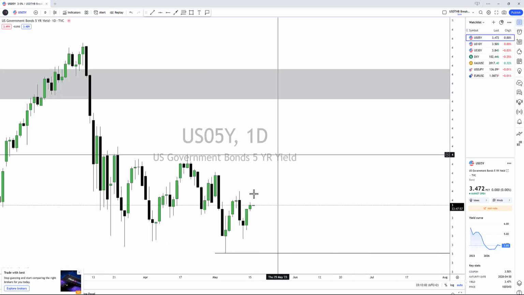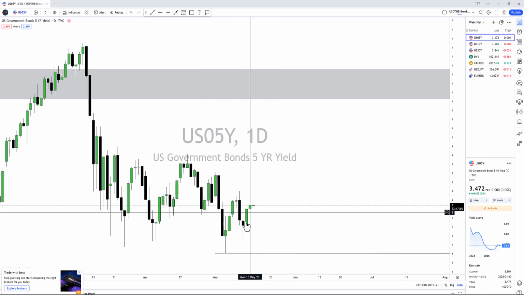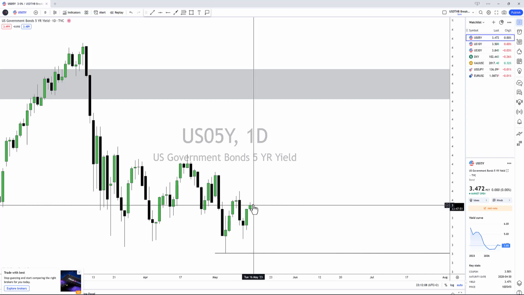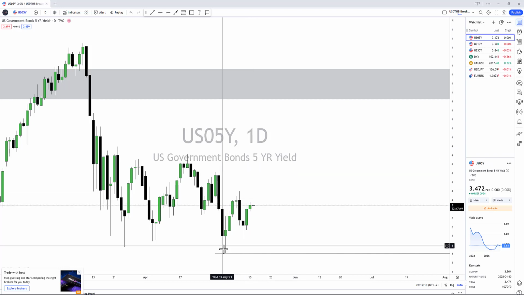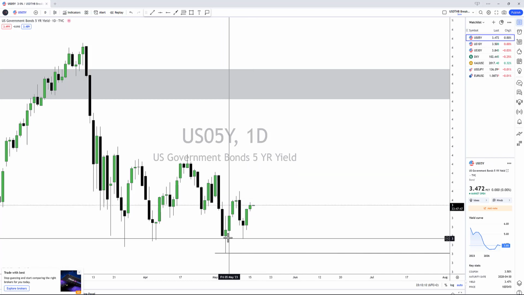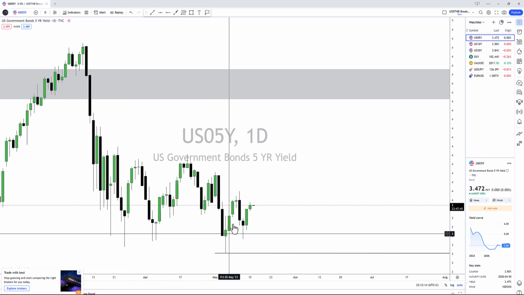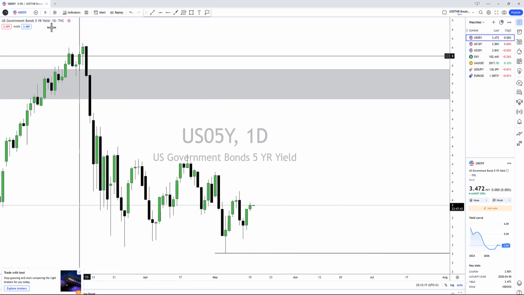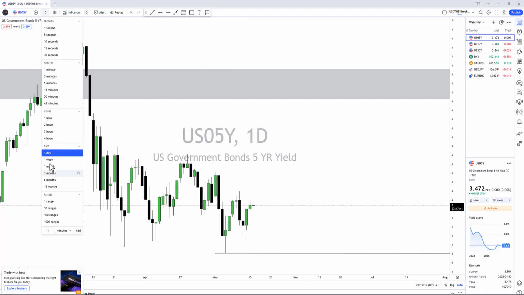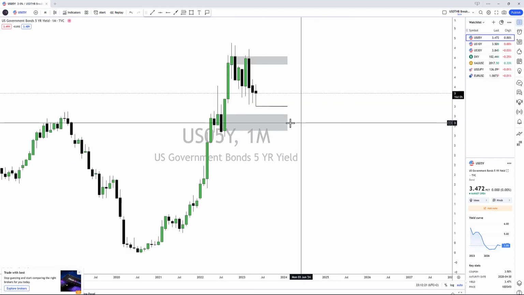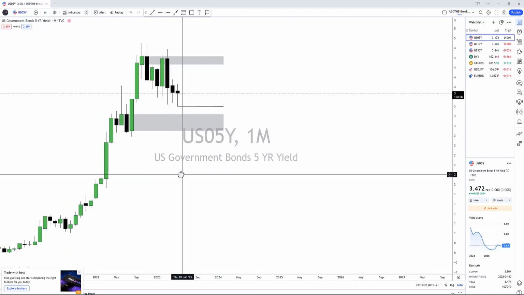If I go to the daily chart, you can see Thursday and Friday with a strong push to the upside. Beginning of May, price returned to fair value. We had a strong move to the upside. So I'm going to go back to the monthly chart, because this is where we still are in terms